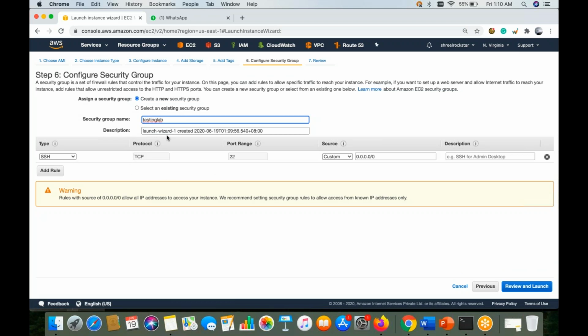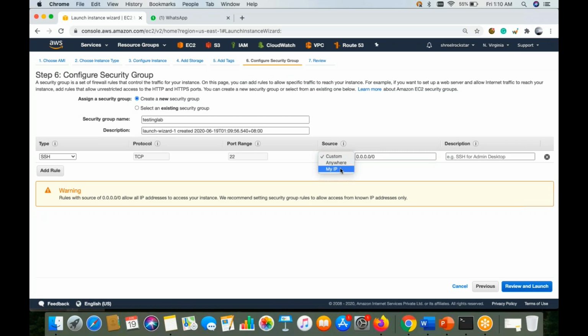Now you can see it detected by default that it's a Linux operating system, so port 22 is required. What is port 22? Port 22 is something I use to SSH into the machine. It is required, but it is also giving a warning, which is very important to notice, because it allows 0.0.0.0 for all over the world and that can be hacked easily.